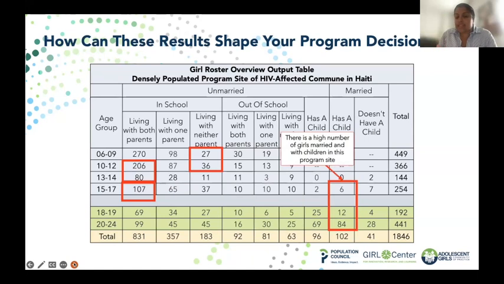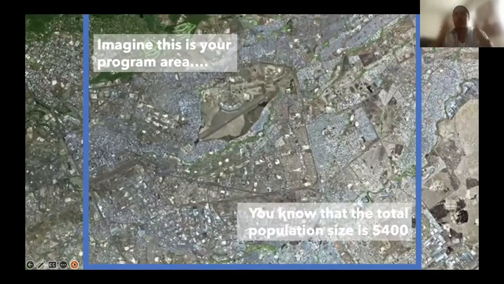And then in this case, what was most striking for the organization that did this, given that they were most interested in working against HIV rates, was that there were a high number of girls married and with children in this site. And they, in this instance, realized that they were reaching none of them. So girls who are married, who have children or don't have children, are obviously very vulnerable to HIV. To do this roster and realize that they were reaching none of those girls was very eye-opening. And not only that, but they were able to see where those girls were as a result of the maps the girl roster generates.